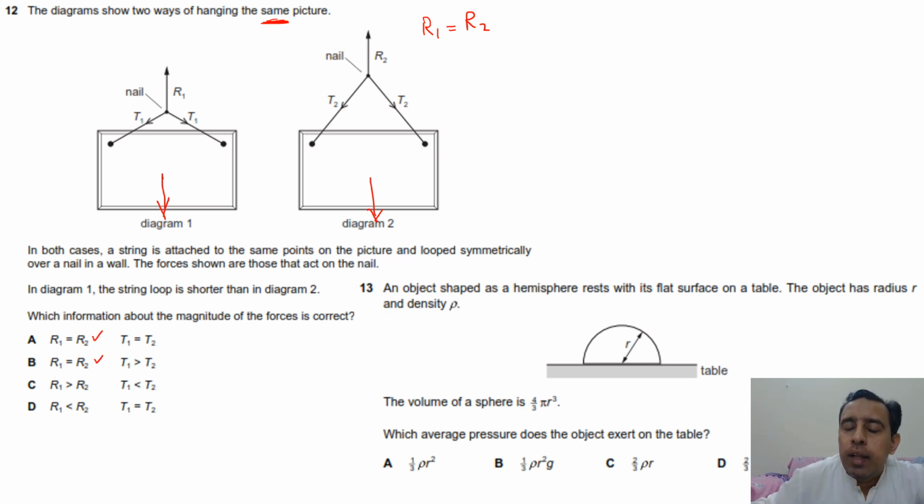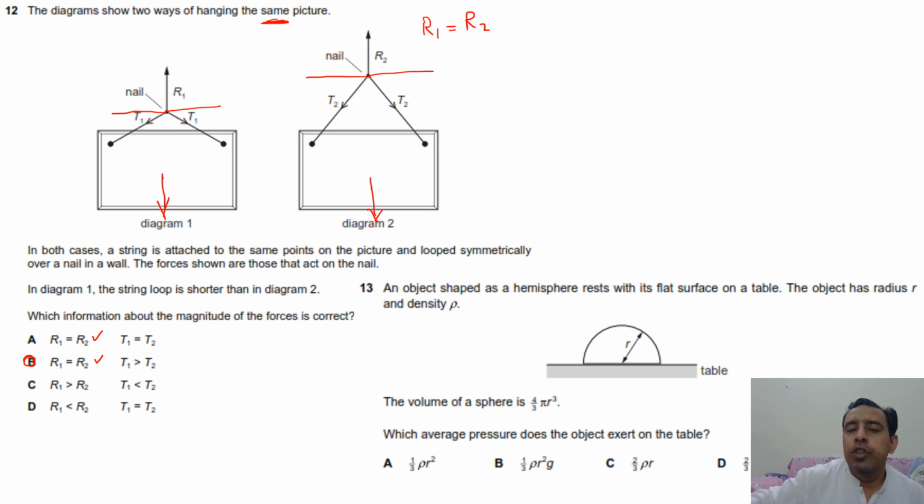But you know that they have different angles. These tensions in the string have different angles, means that these two tensions are not equal with each other. That's why option B is correct. This is the shortcut to solve this question, but you can get this